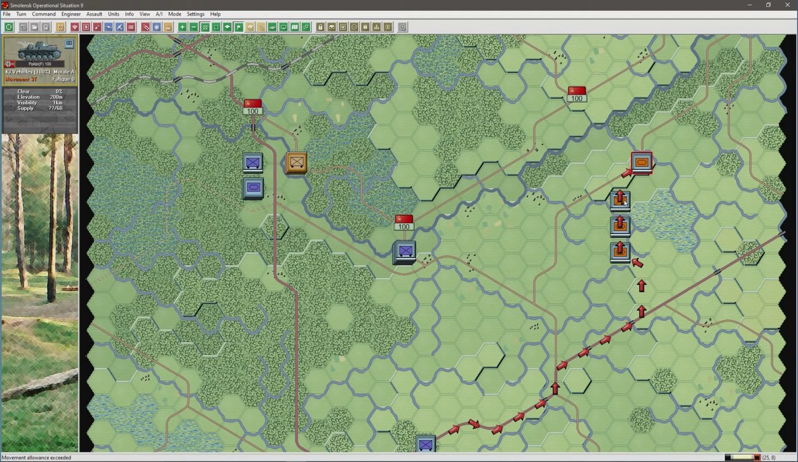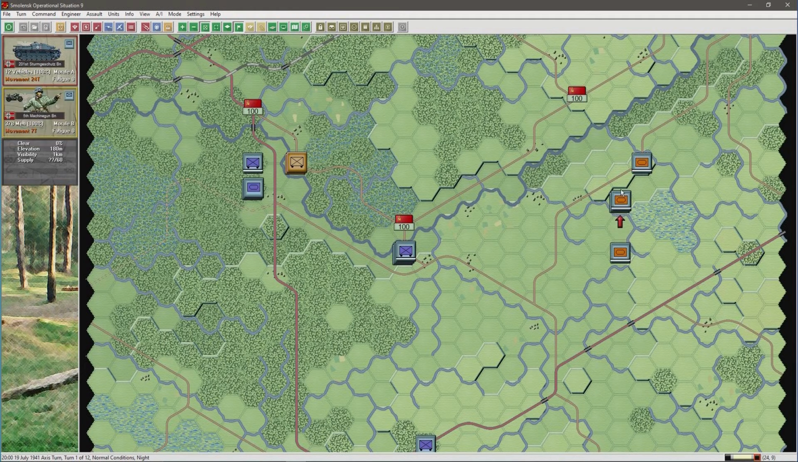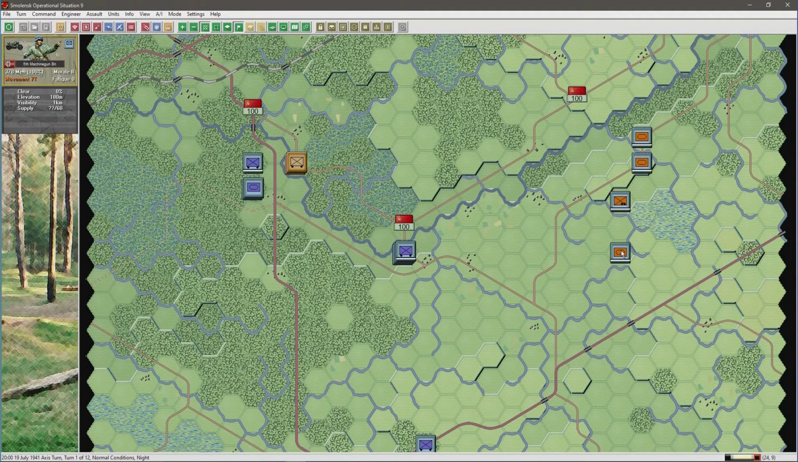So that's not looking too bad. Oops, he can still move. Now some of this movement's going to cause me headaches shortly, and I'll explain why in a moment. This chap here, not sure why the AI took me off the road, but